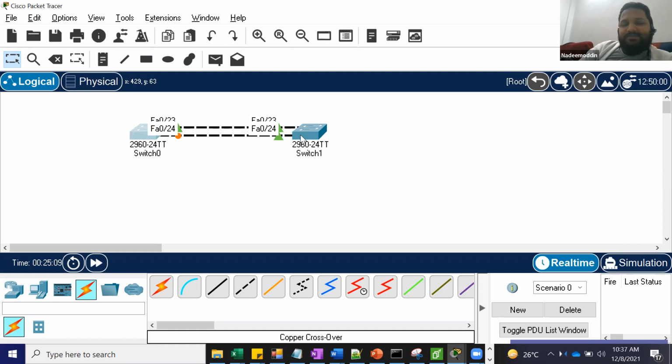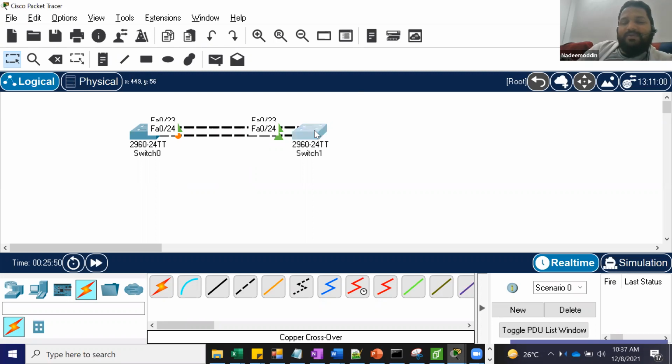So the simple answer is, whenever you connect two redundant cables, an election will happen between these two switches. They will forward BPDUs to each other. BPDU means bridge protocol data unit. In the BPDUs, they will send the information: hi, these are my interfaces, this is my MAC address, and this is my priority. Similarly, this guy will share information with this guy. There will be an election, and whoever has the lowest MAC address, that switch will become the root bridge.